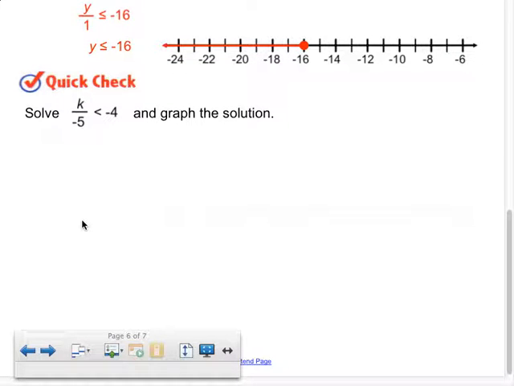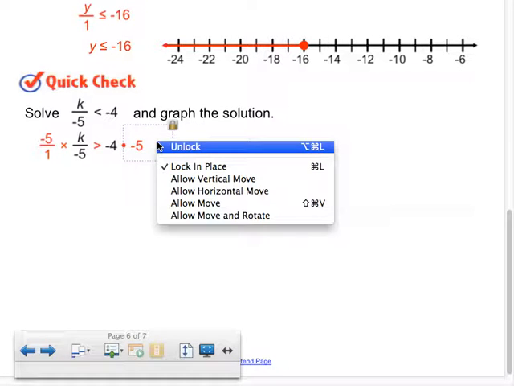Since 5 is negative, you're going to change the inequality. Right, we're going to change the direction of the inequality. And what are we multiplying by? We're multiplying both sides by negative 5. So notice I changed the direction of my inequality. I changed my negative 5 into a fraction, but I'm still doing the same thing to both sides. Okay, now what's next? Then you multiply negative 4 times negative 5, which is positive